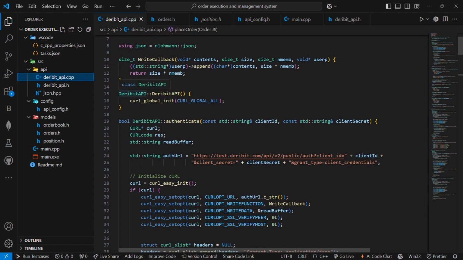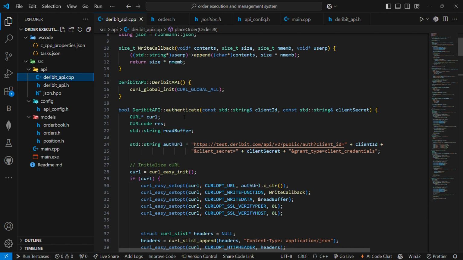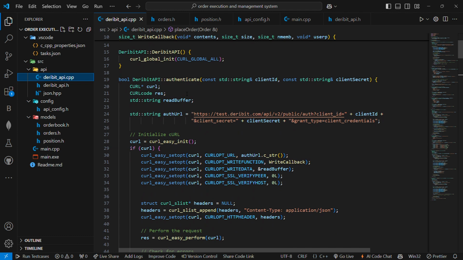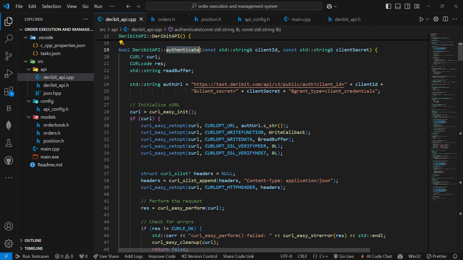Next is the Deribit API constructor. We are in the constructor. We are basically starting the curl global init, so initializing a curl object globally. The next is the authenticate method. In the authenticate method, our interest is to send the client ID and client secret and get the access token. So what we are doing here is that we are